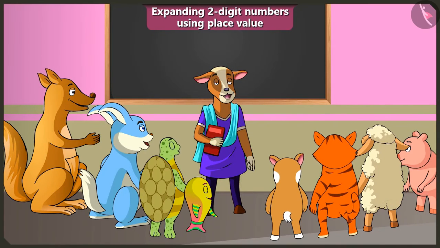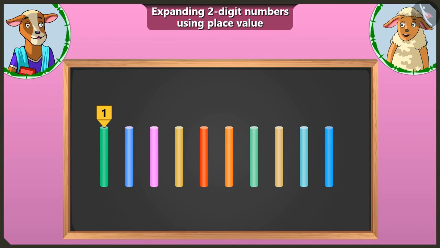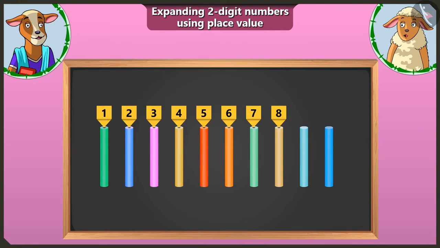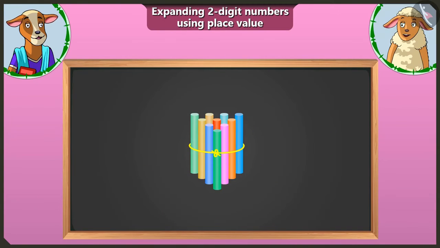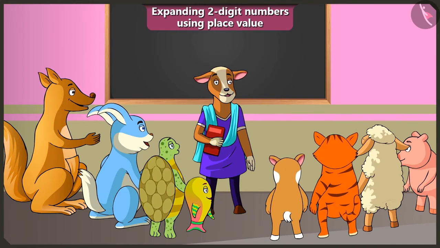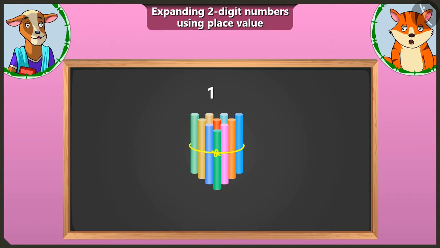Children, in the last video, you have learned to make bundles of tens. So now Lily, make a bundle of 10 and show us. I will tie these 1, 2, 3, 4, 5, 6, 7, 8, 9 and 10 chalks like this here. Come on, it has become a bundle of 10. Well done, Lily. So Billy, can you tell her how to write the figure 10 here? Yes, like this.